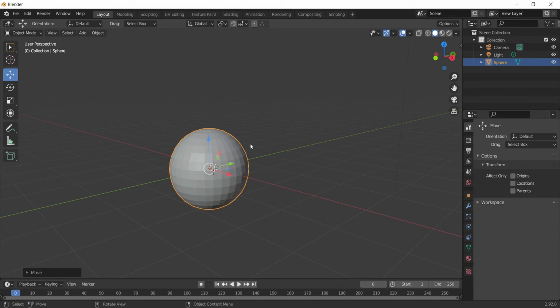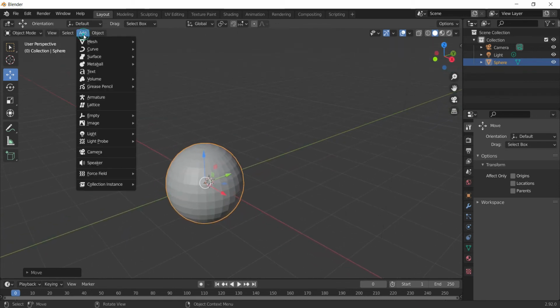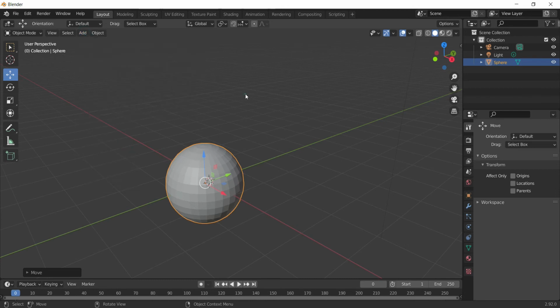Now the next thing which I want to create is the head of the bird. So for that I again need to add a sphere. So I can go to the add menu in the mesh and I can choose this UV sphere. But let's learn a new thing. Instead of inserting a new object, what if I can copy or duplicate the existing object which is available on the workspace?